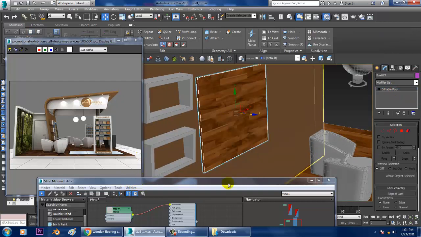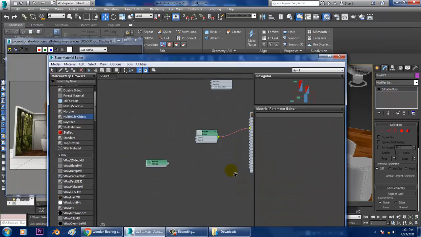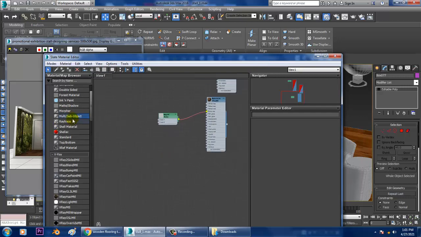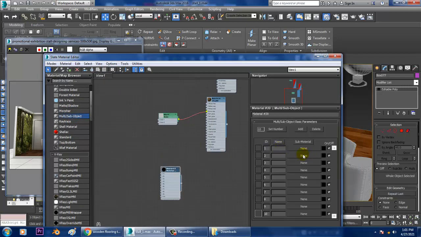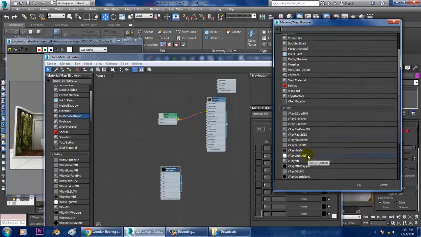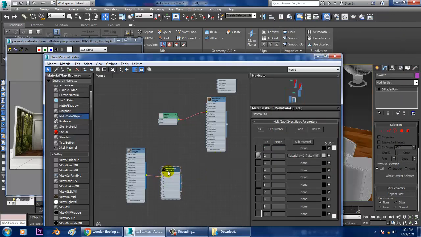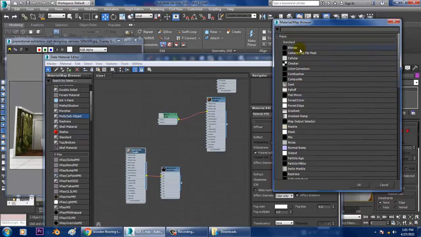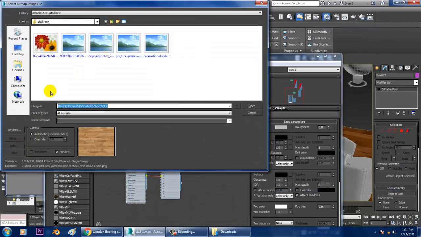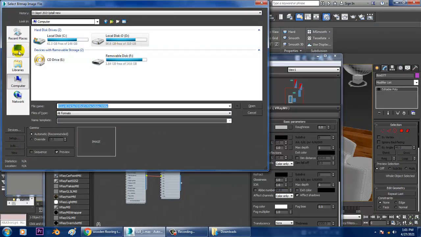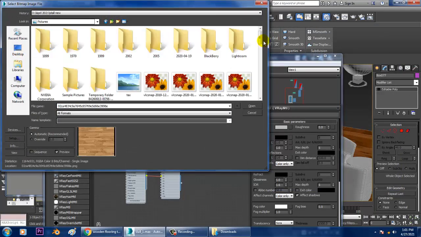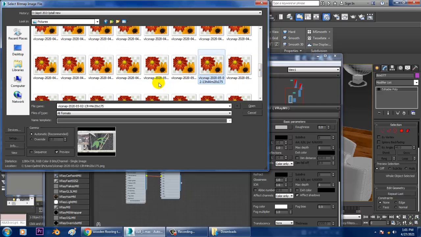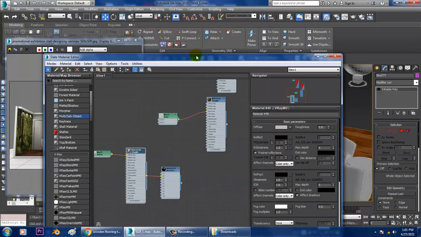I'll go back again over here. I'll again take a multi-sub object. I'll go into the 2 ID V-Ray material. So I'll call a texture again over here. I can go into these pictures and call a texture.